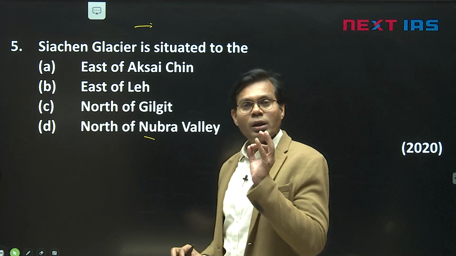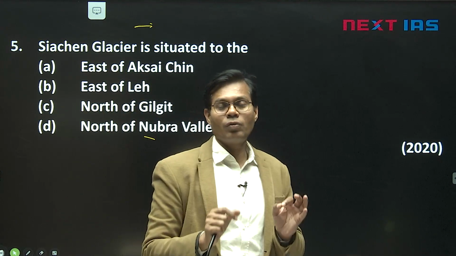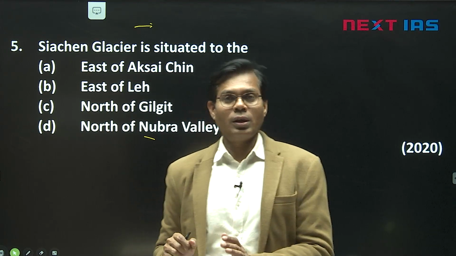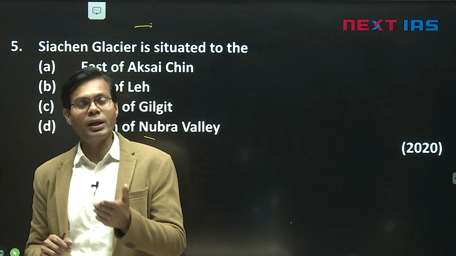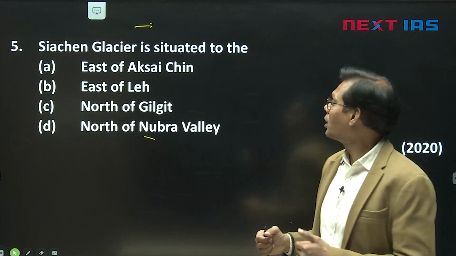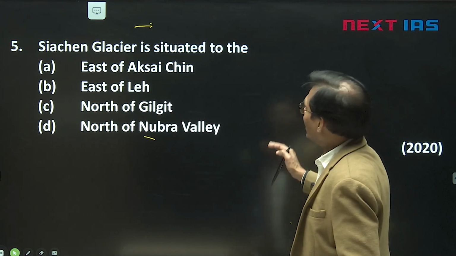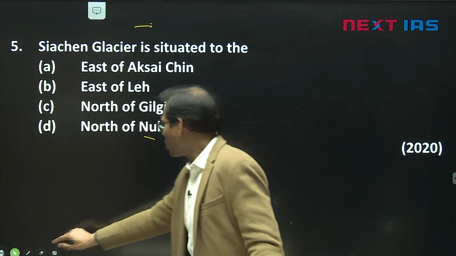So if it is Siachen Glacier, then you have to consider its location. It is one of the largest glaciers on earth. We generally say that few glaciers can match its size, like those in Antarctica or Greenland and some Central Asian countries. A 75-kilometer long glacier, the highest battleground, Siachen. Then it is better that first of all you make a diagram.